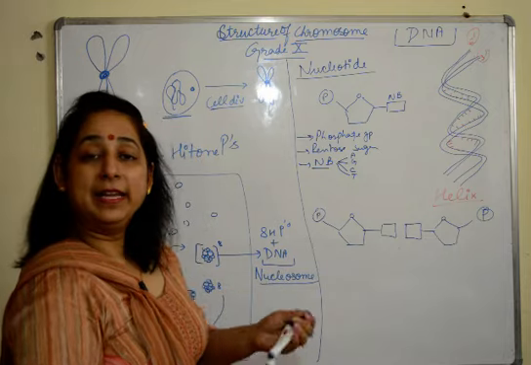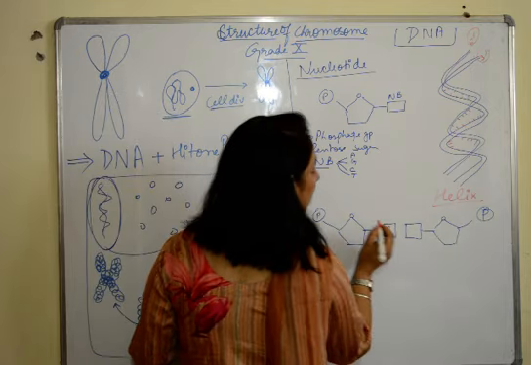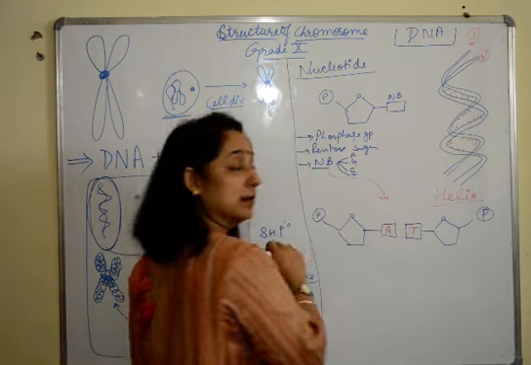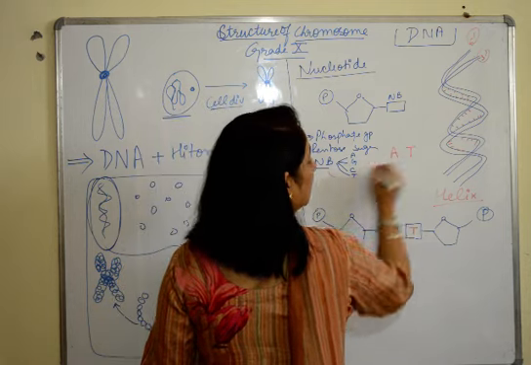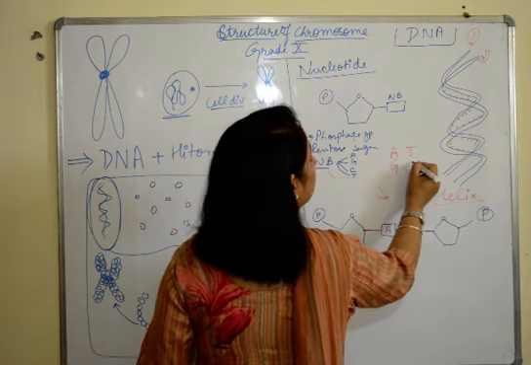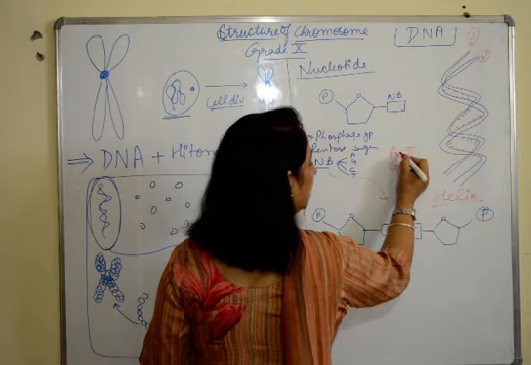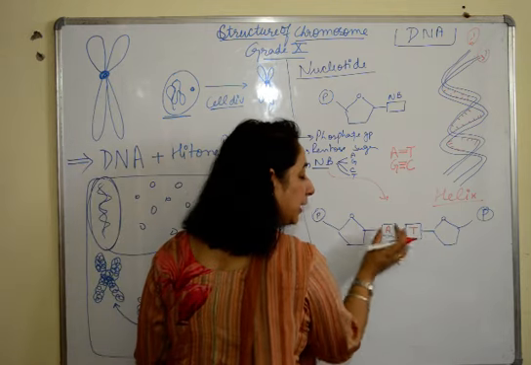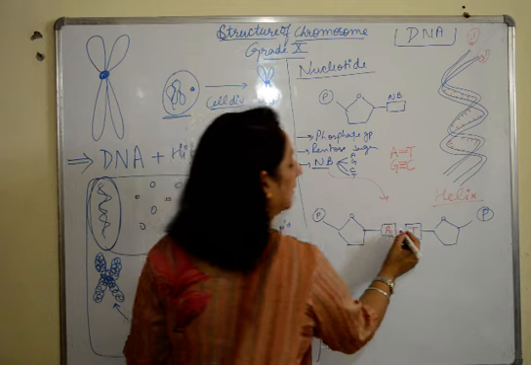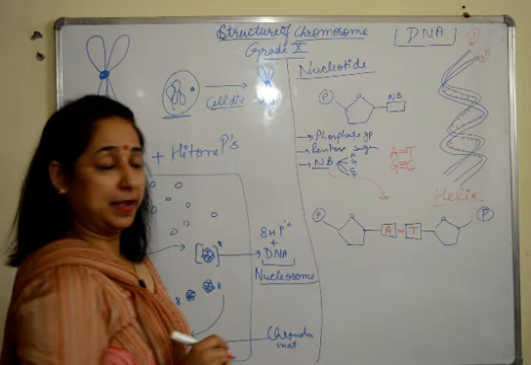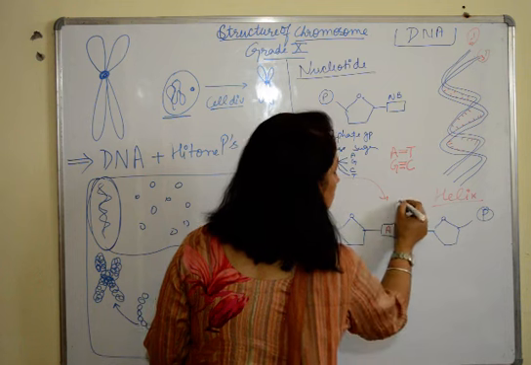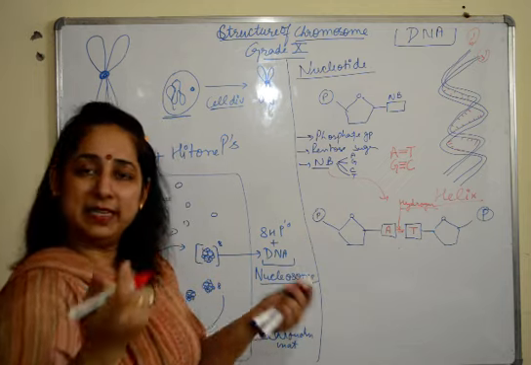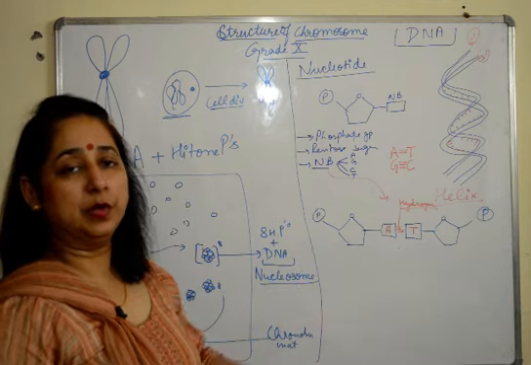And a very important fact: if we have adenine here, this is the nitrogenous base, this one, there should be thymine here, because adenine always pairs with thymine. Guanine always pairs with cytosine. Fine. So there is a double bond between adenine and thymine and between guanine and cytosine. If adenine is here, thymine will be here. If thymine is here, adenine will be here. The bond formed here is a hydrogen bond, which is a very weak bond. It can easily break, which leads to replication of the DNA.